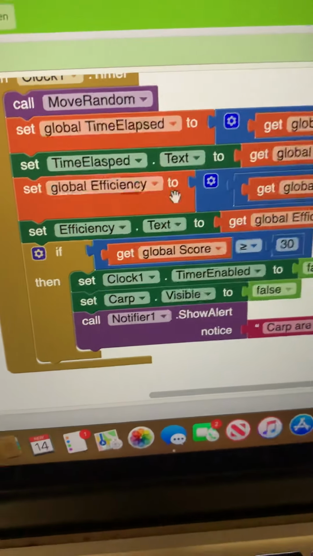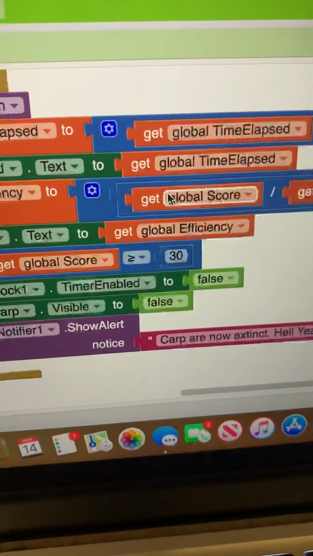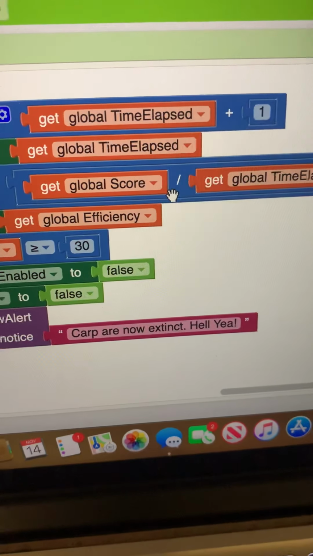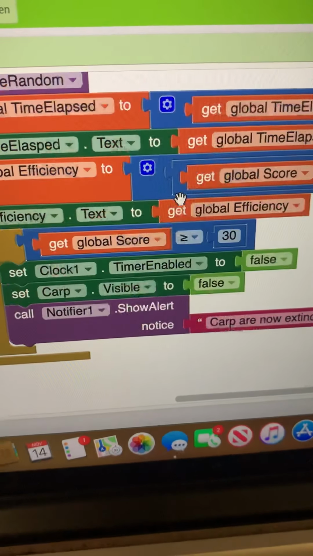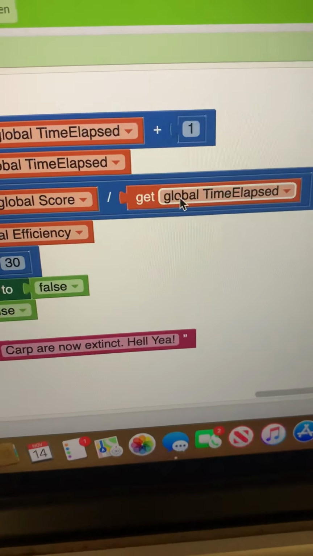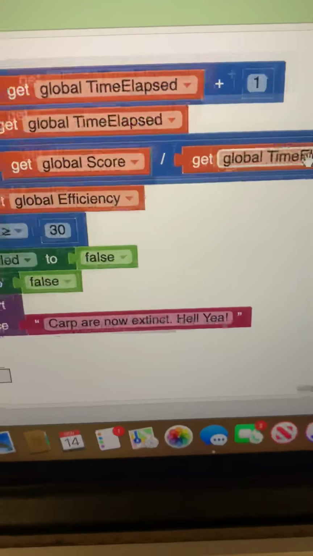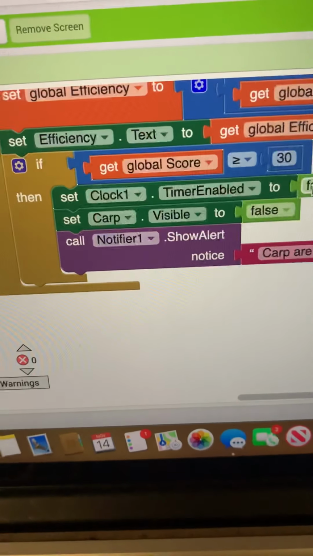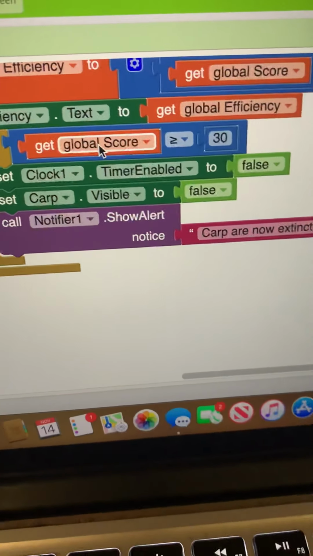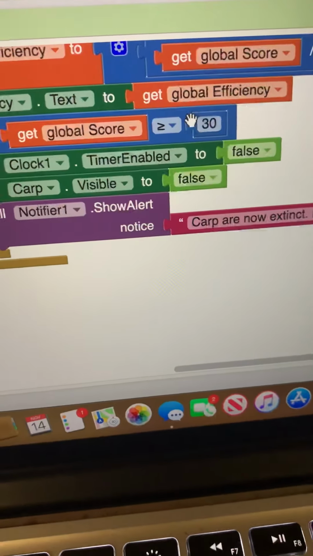The efficiency is basically how good you are at actually clicking. So if you're very slow, then you'll have a pretty low efficiency. What it is is just score over time elapsed times 100, so it's a percentage. And then if the score reaches 30 or above 30 for whatever reason,